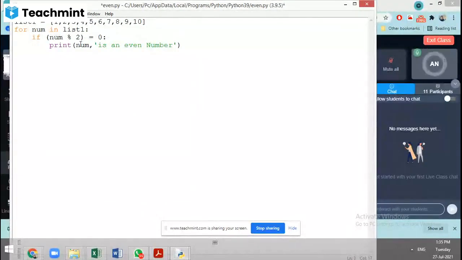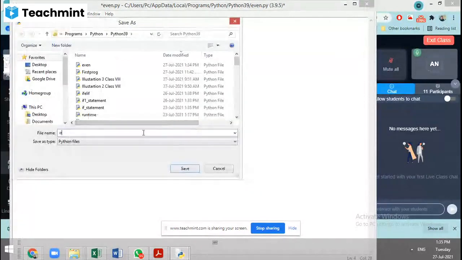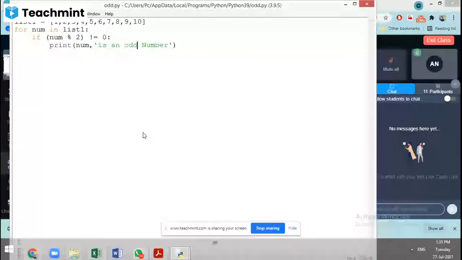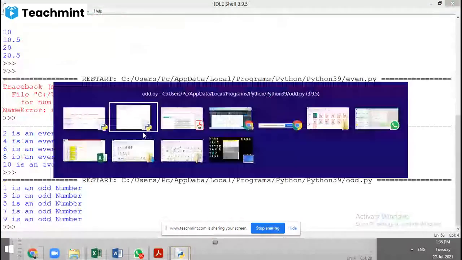Or not equal to 0, I can do that, no? Yes, sir. That's it. It is an odd number. You want to execute it? 1, 3, 5, 7, 9 are odd numbers.